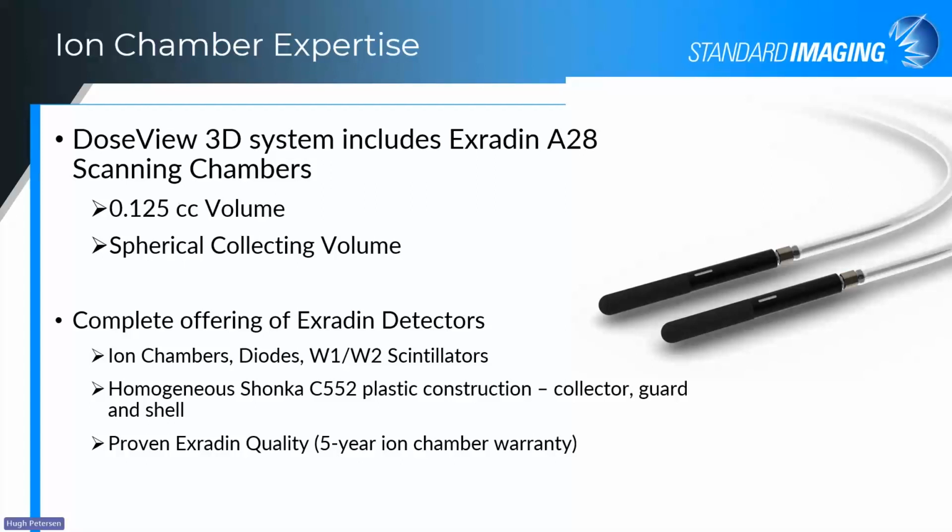The ion chambers are homogeneous Shonka C552 plastic. It's a conductive plastic for the collector, guard, and the shell. So there's no graphite coating, no conductive DAG coating within the chamber itself. It's all constructed with the conductive plastic. So it's a very robust